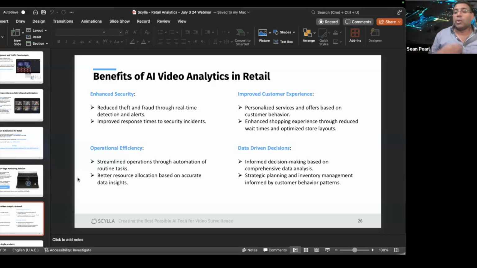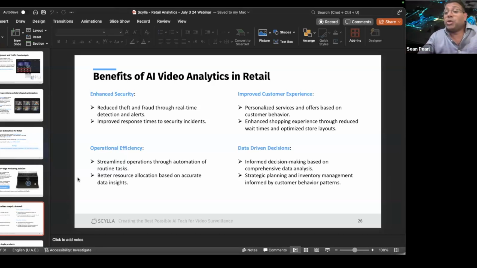That's all. Now, operational efficiency: like I just demonstrated in the dashboard, there's so much insight that you can get in terms of streamlining and automation. You can plan your marketing better, looking at store layouts and what is getting more footfall counts, and so on. You can plan your resources a lot better as well.